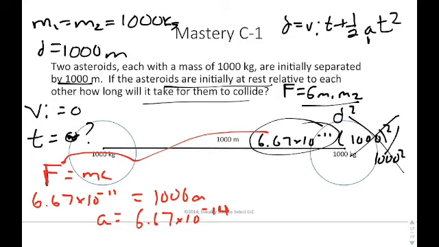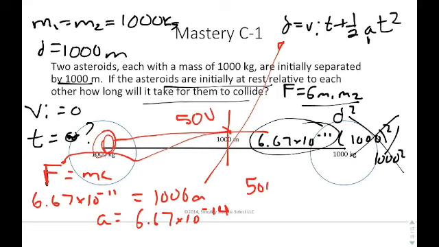Now, once you've established this, it creates a problem, because you've been talking about both asteroids. Whenever you look at the total distance, it is 1,000 meters. But only one asteroid, this asteroid right here, only has to travel 500 meters for them to meet. So the distance that I'm going to plug in here is not going to be 1,000, but is instead going to be 500. So I plug in 500 equals, and then this term zeroes out, plus 1/2